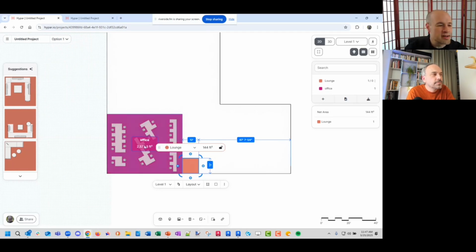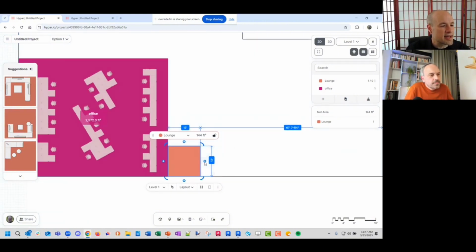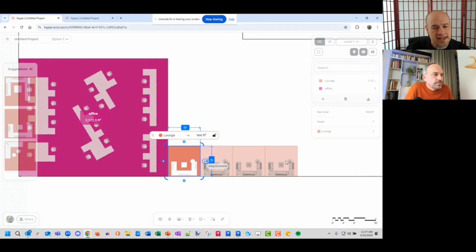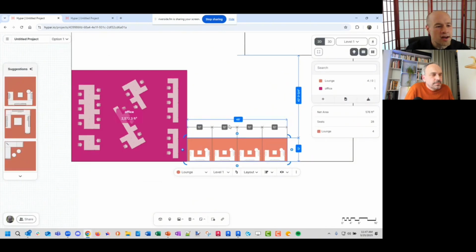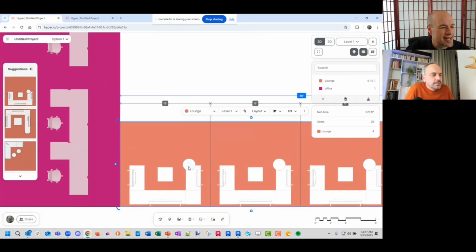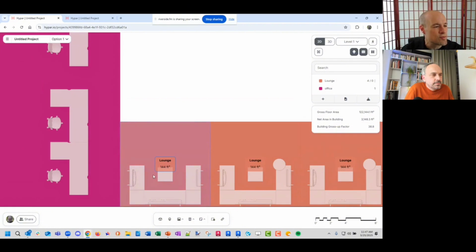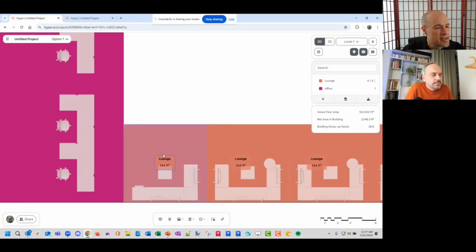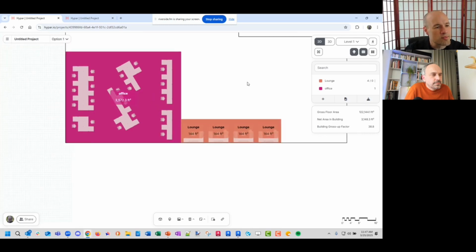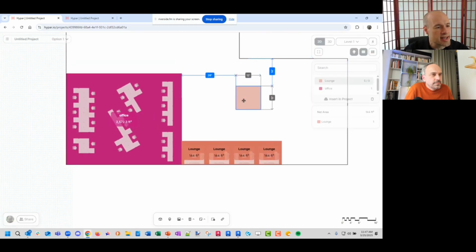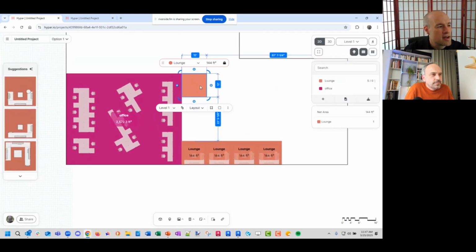But let's say I put one of these in, and for some reason I want 3 next to each other, and I can do stuff like that if I want. But let's say, for example, that this is almost right, but I really don't want that table there, and I don't want this thing, and I don't want this other thing. Now, if I go into the program on the right here and I drag in another lounge, one of these suggestions is the thing that I just made.